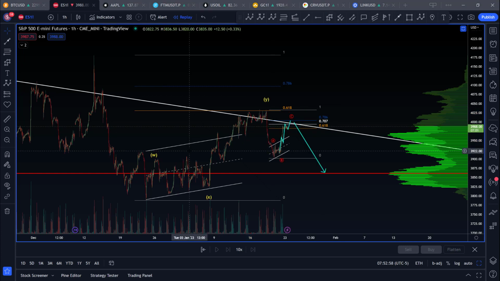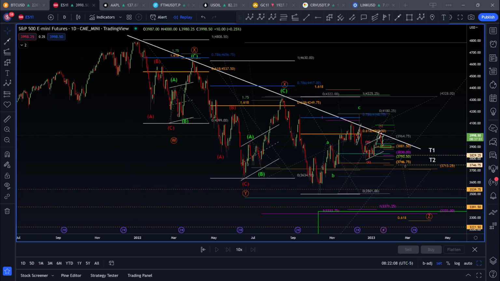Alternatively, due to the nature of this market, we know that corrective final actionary legs like to break out of the base channel, just as it did here and has so many times before. In this scenario, we would expect that after a deep retracement and a fake out of the downtrend line, we would continue in the downward direction. Based on the context of the count in this market and the typical expectation of extended C waves and an upward correction, my thought is that we do turn around and continue to the downside.